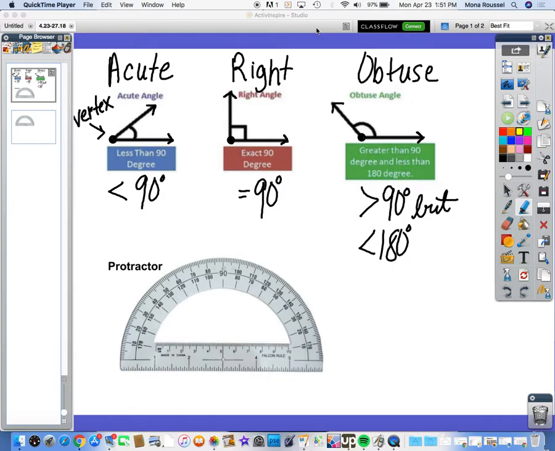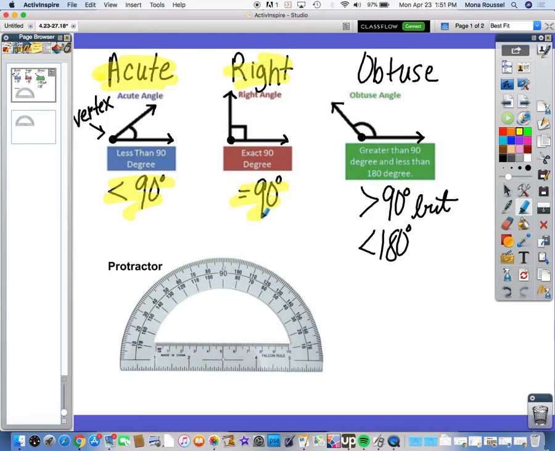Today's lesson is on angles, and we're going to talk about three different types of angles. These angle types are reviews, so this may seem familiar to you. Acute angles are angles that measure less than 90 degrees. Right angles are angles that measure 90 degrees, and obtuse angles are angles that measure more than 90 but less